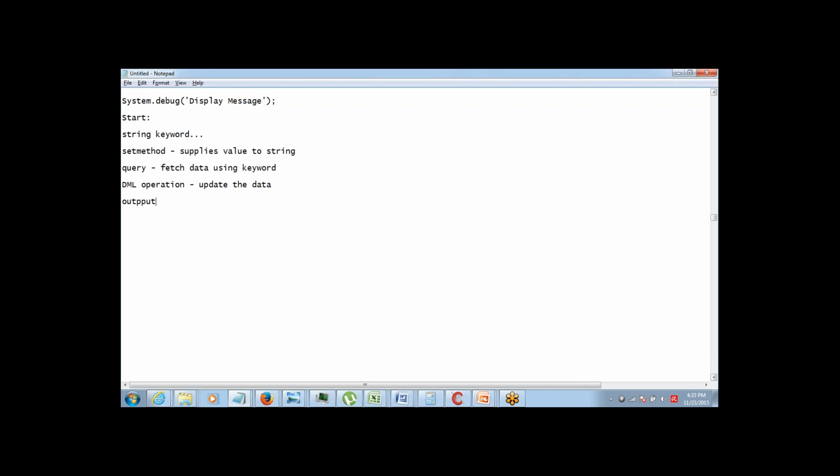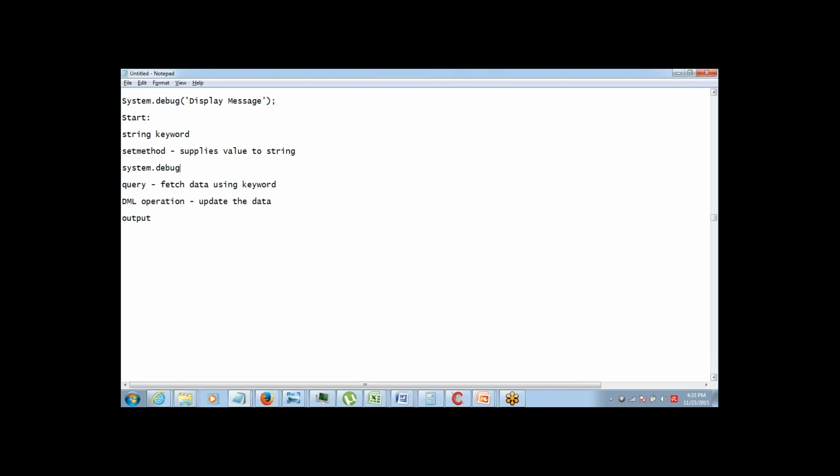Correct. Now, when you're trying to debug it, let's say you started here, but you're not finding the output to be this. Okay. Then what will you do? You execute the debug log. Debug log gives you a lot of information. All that you have to do is use the system.debug method in between. Okay. So here, the first stage is there is a set method which is responsible for getting the value for my string keyword. Okay. So after this gets executed, you should write in your code